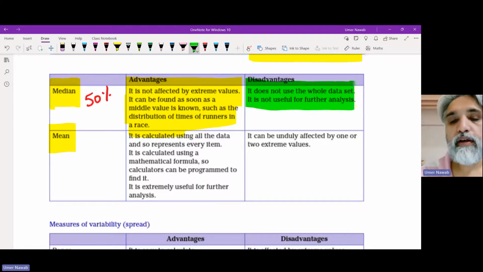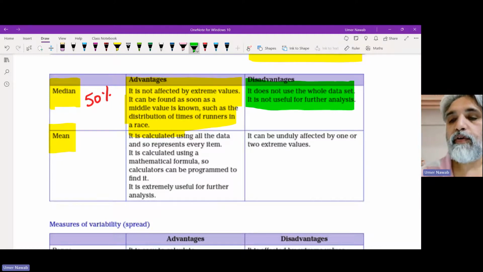Another important disadvantage, likewise the mode, is that for further analysis it is not very useful. It only gives you the median 50%. Extreme values are not discussed here, so we cannot talk about their impact on the data set. However, we can use it for comparison, as we will use it in a box and whisker plot or in a cumulative frequency